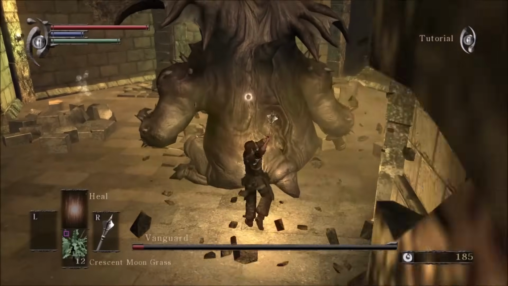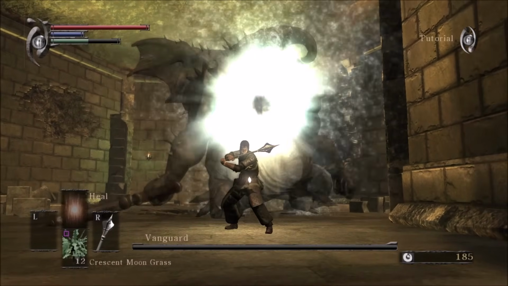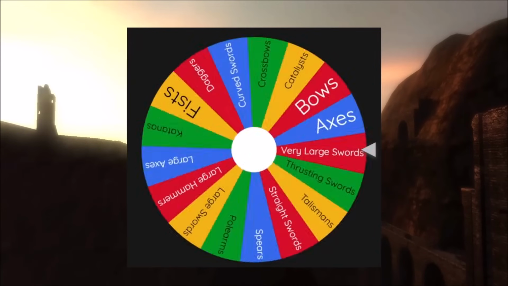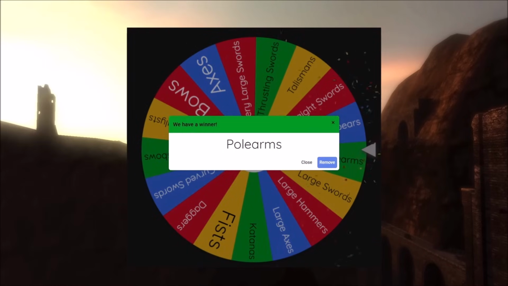As you saw in the intro, beating him unlocks a bonus area where you can collect a couple extra items before meeting an unavoidable demise at the hands of the Dragon God. From here, the game will proceed as normal, and we can go ahead and spin for our next weapon. After a couple spins, it finally lands on something that is currently obtainable in the first part of the game,